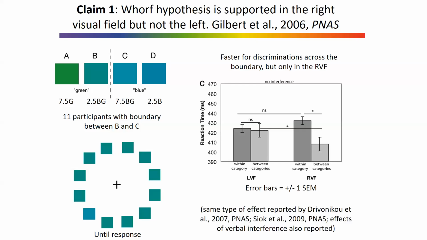This similar effect is reported in other studies. And obviously, talking of confirmation bias, if this is really coming from language, you should also be able to eliminate the effect by introducing verbal interference. And this is done by asking participants to memorize a sequence of digits, rehearse it while they do each individual visual search trial, and then report the digits. So a classical verbal working memory load. And what is important, these studies found that the verbal interference removes this advantage.